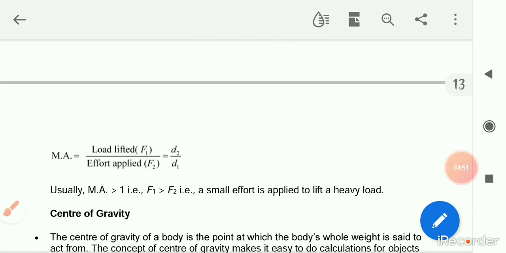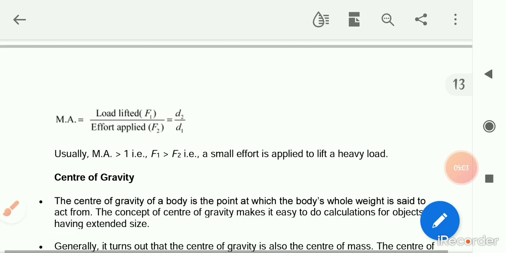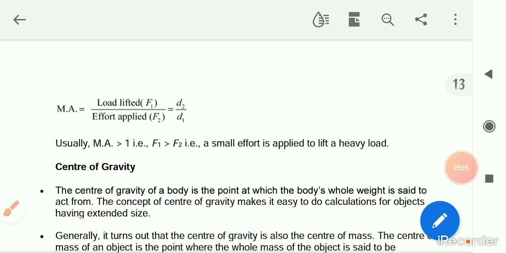Okay. We will study this one and this formula in the simple machine also. But you remember here, sum of clockwise moment is equal to sum of anti-clockwise moment. W1 into D1 equal to W2 into D2. Now, center of gravity. Mainly this one. You remember principle of moment as a sum